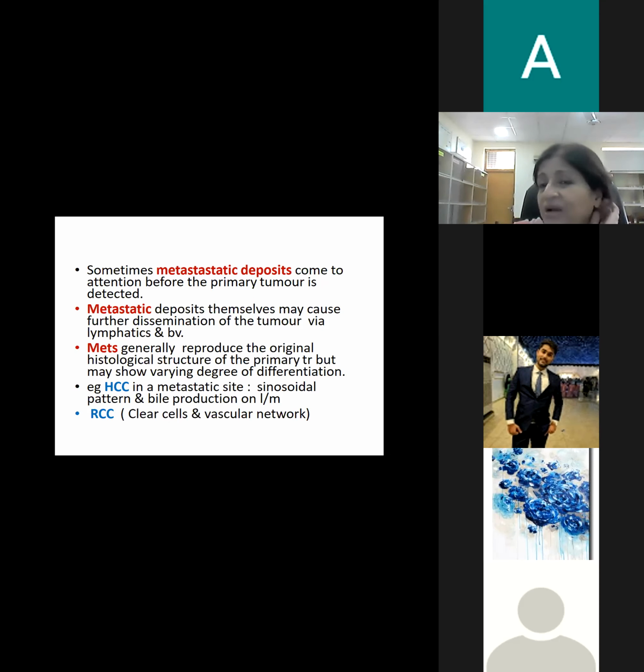And in that case, it becomes very easy for you to say that this is a metastatic deposit from a renal cell carcinoma. If आपको primary tumor का नहीं पता कि ये कहाँ से आया है, the metastatic deposit has been the first site of detection. In that case, when you examine the metastatic deposit, you can easily say that it has clear cells, it has a fine vascular network, so most likely it is a metastatic deposit from a renal cell carcinoma. Or in case of hepatocellular carcinoma, you find bile plugs.